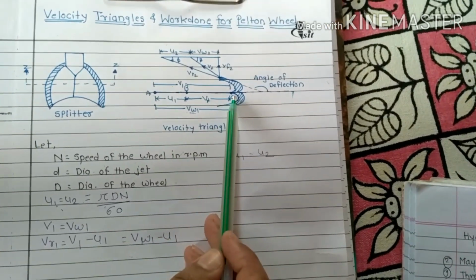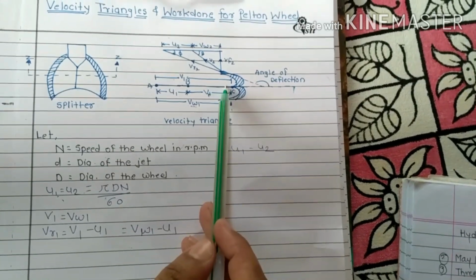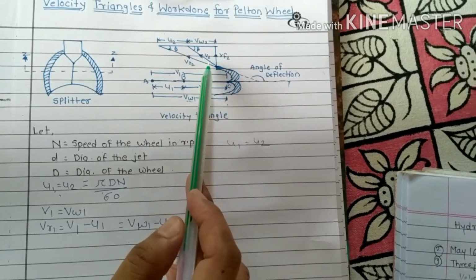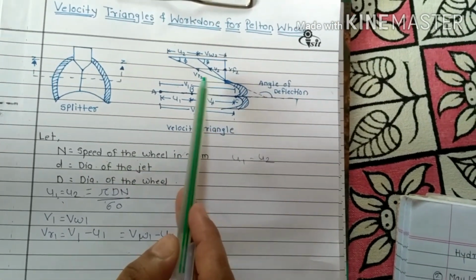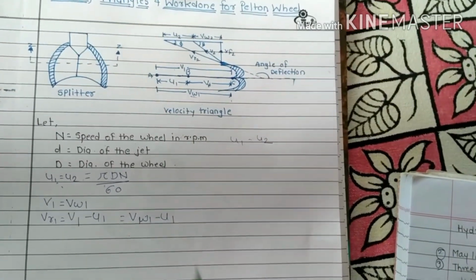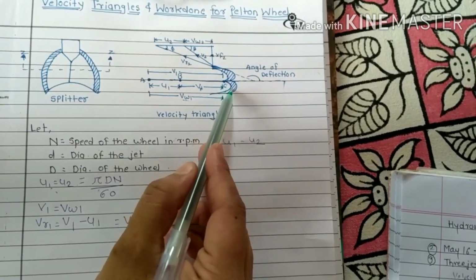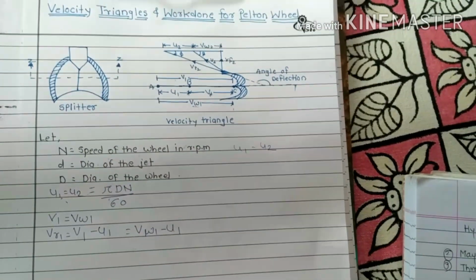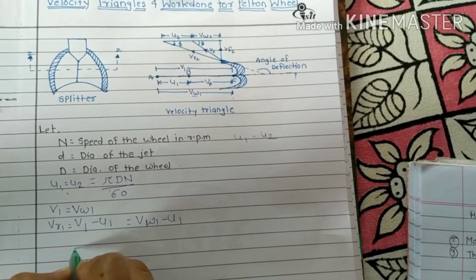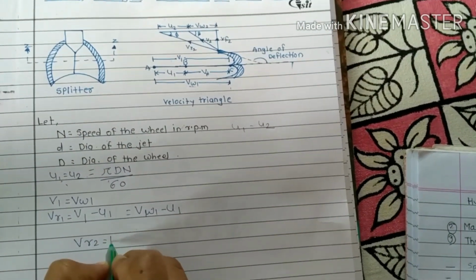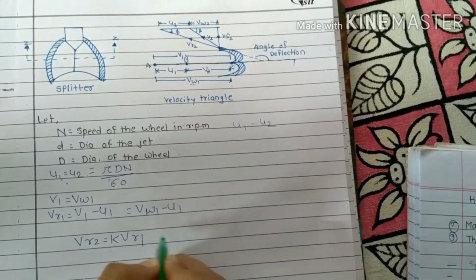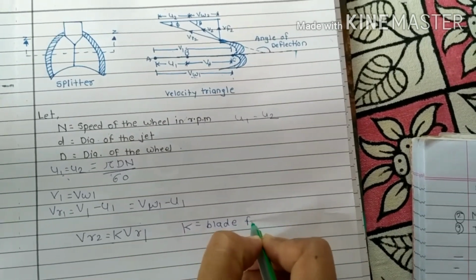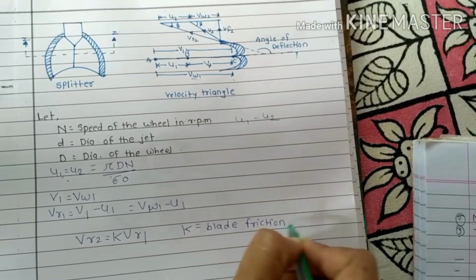Now after striking at the splitter edge, the water will go out at the outer tip of the bucket and leaves with the same velocity triangle which we have seen previously. So this vr2 and vr1 have one relation relative to the blade surface, that means how much is the smoothness of that blade surface. Looking at that we have to write the relation between them. So we have vr2 is equal to k times vr1. Now k is the blade friction coefficient,